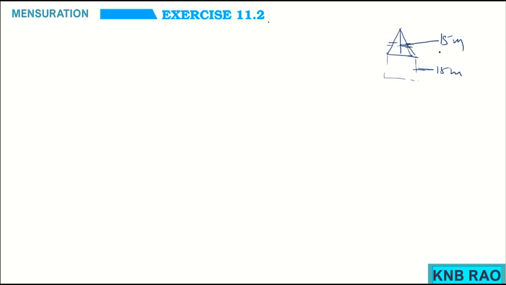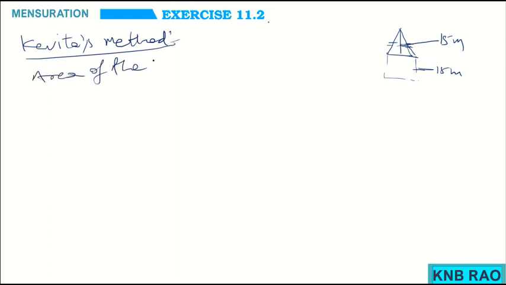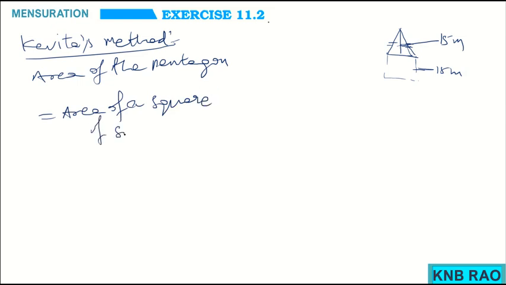30 minus 15 becomes this 15. So according to Kavita's method, area of the pentagon is area of a square of side 15 meters plus area of a triangle